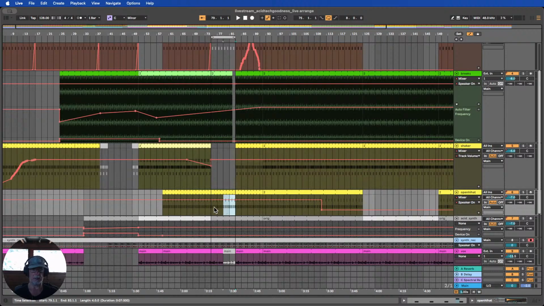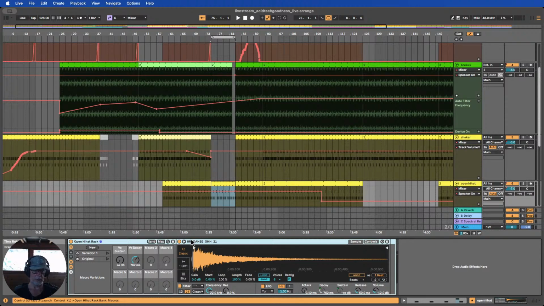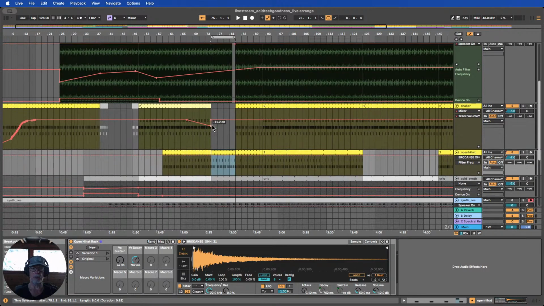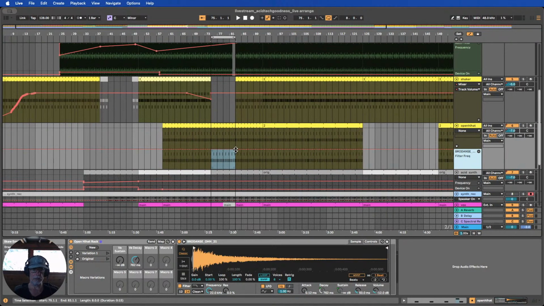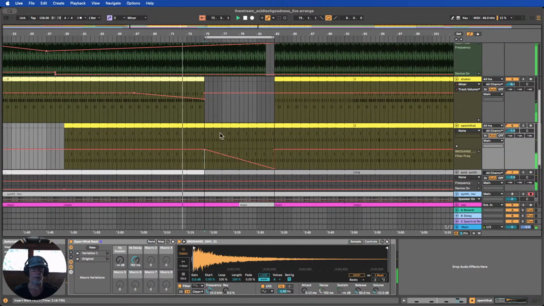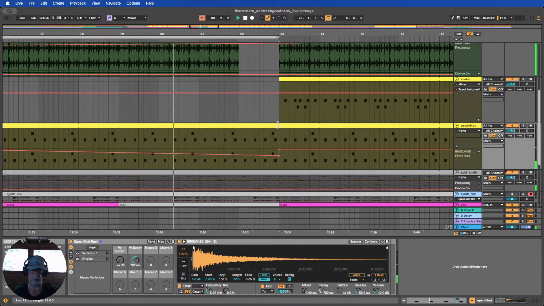If we're going to take it out here at the end of this little section, we might again be reaching for another filter, or we can actually automate the filter built into the Simpler here. That could be an option where we can control that within the instrument itself. So if we click on that, bring that down, and it's automatable. So click into breakpoints there, and it won't be as steep as that, but better. Let's also split it here so we can